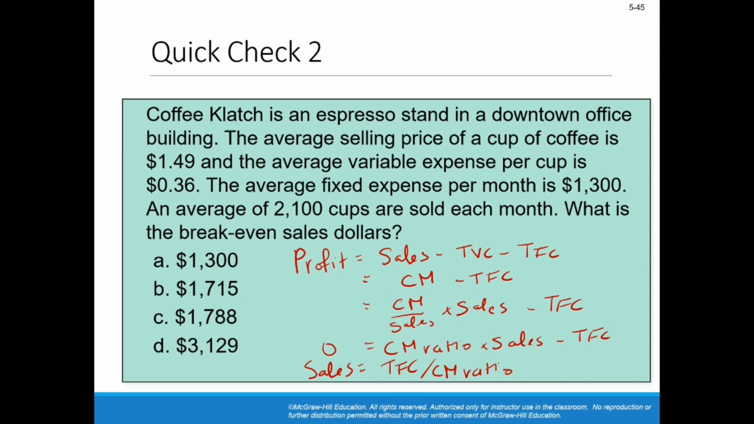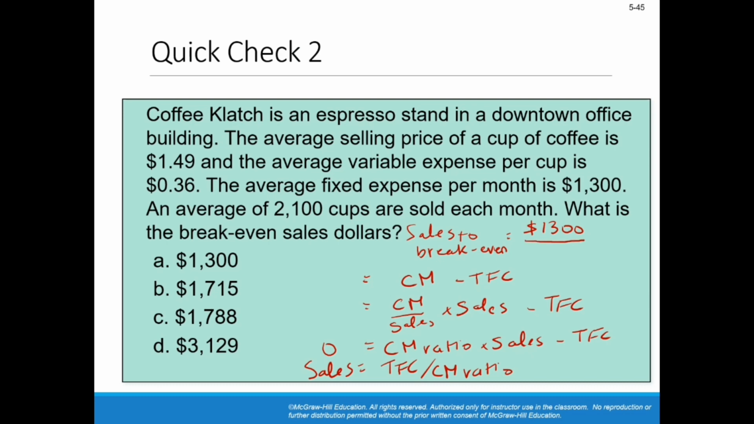The total fixed cost, I know it's given, and it's given at $1,300. So sales to break even is equal to $1,300